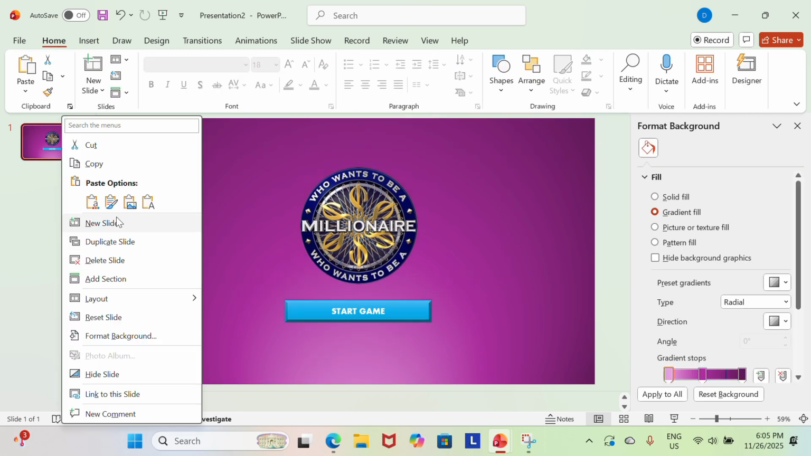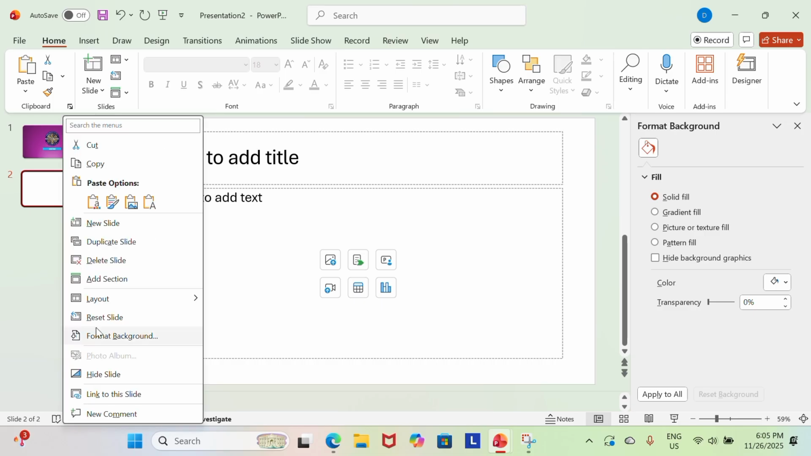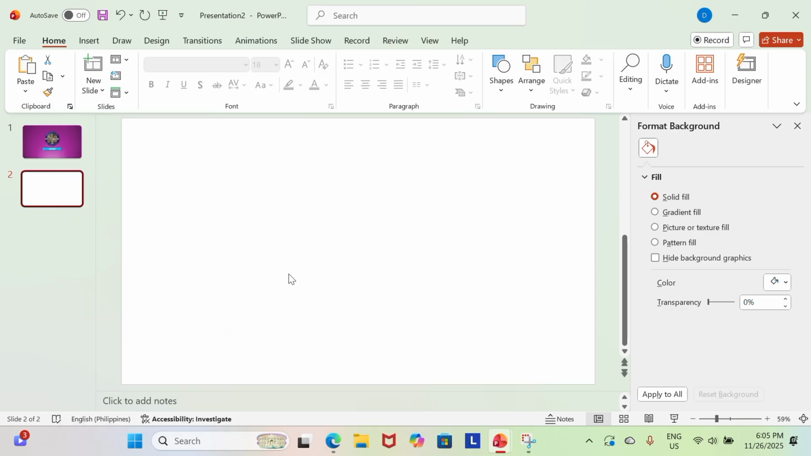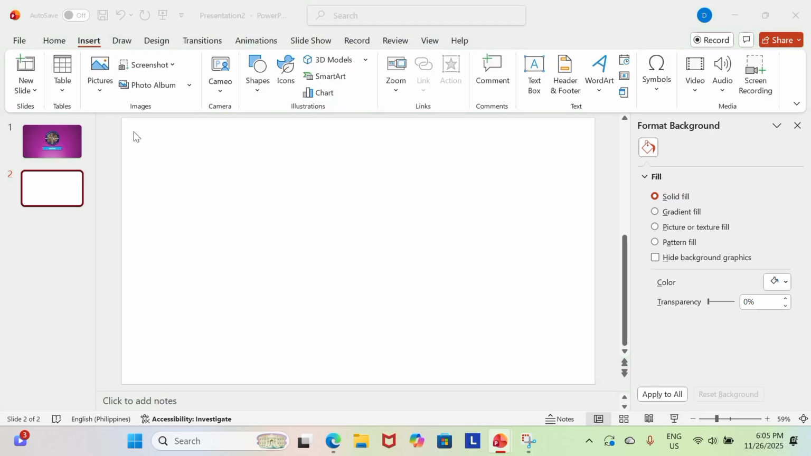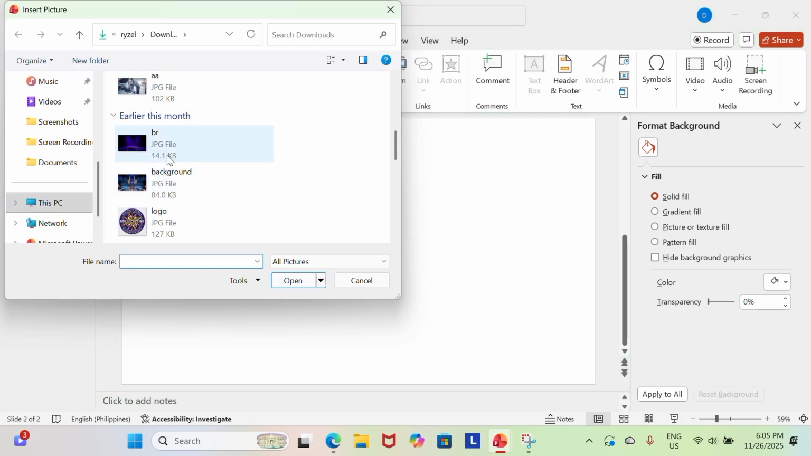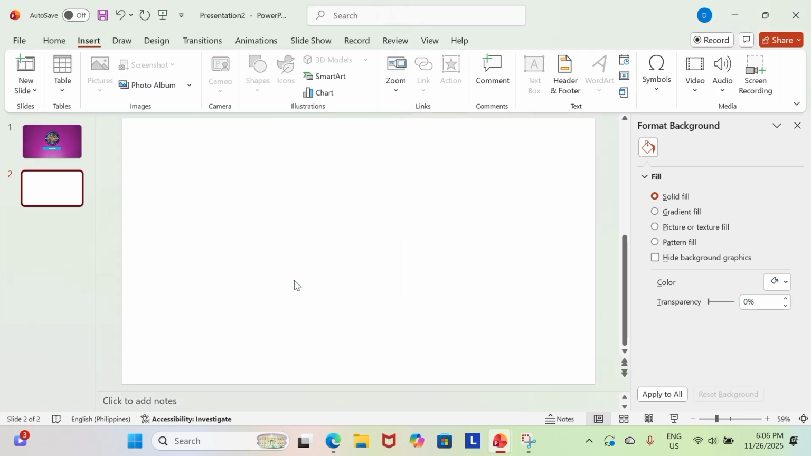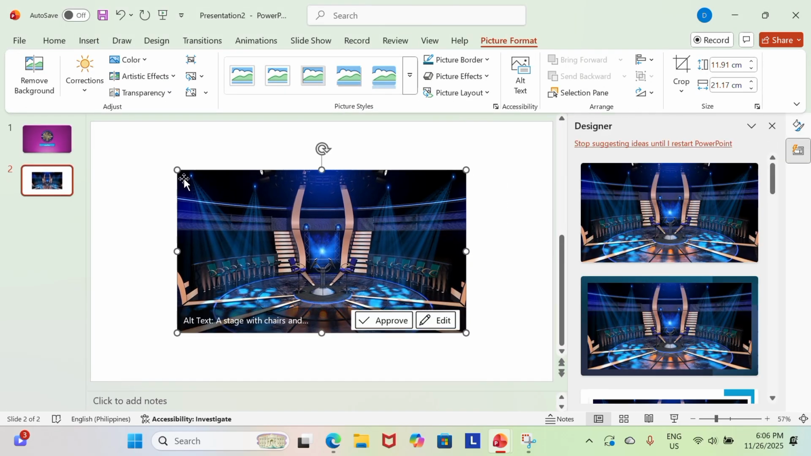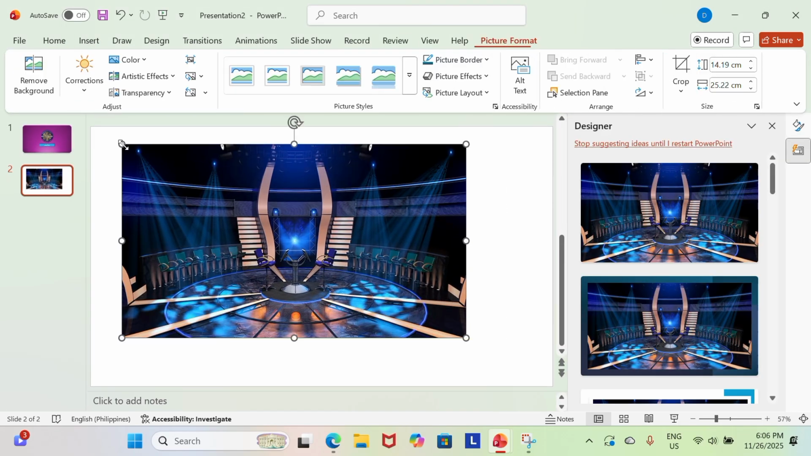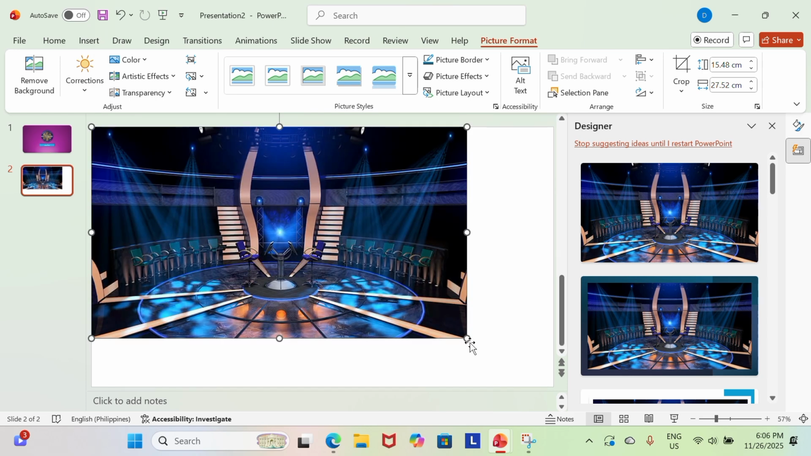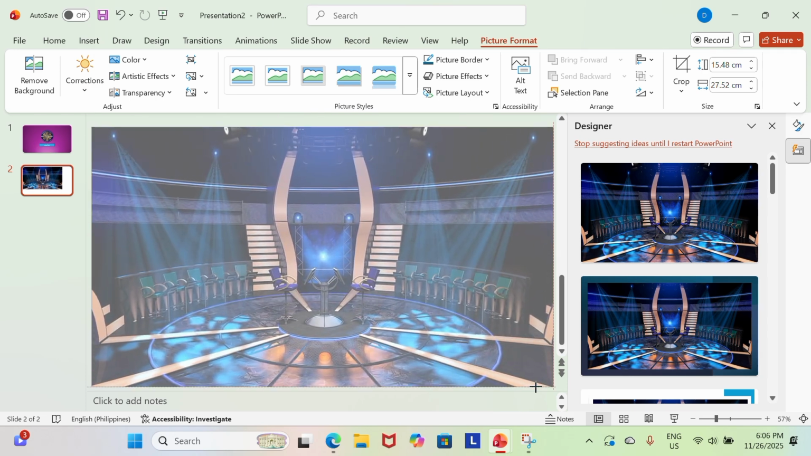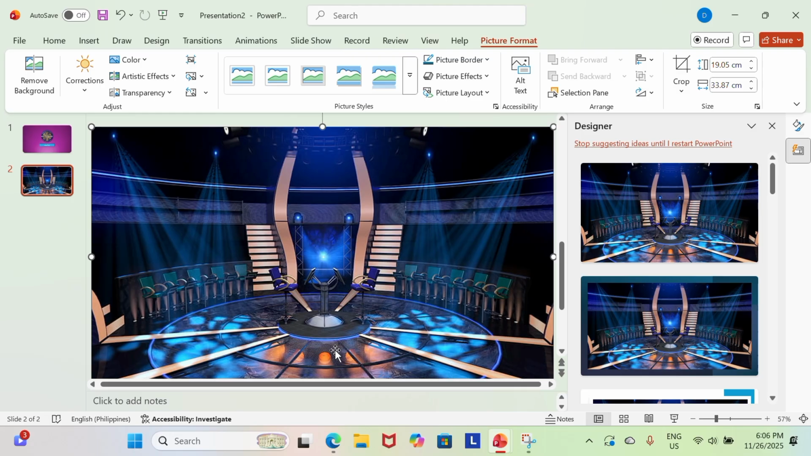The next thing we do is to add another slide. After adding a slide, let's now insert the background of the game. Since I already have the background, all I have to do is go to insert and choose the background I want. So this is the background I want. What we do is adjust it. Then you can fill the whole area. Now, after this one,